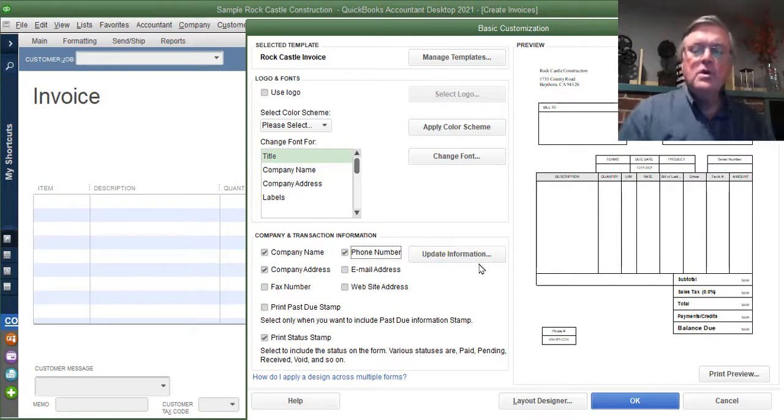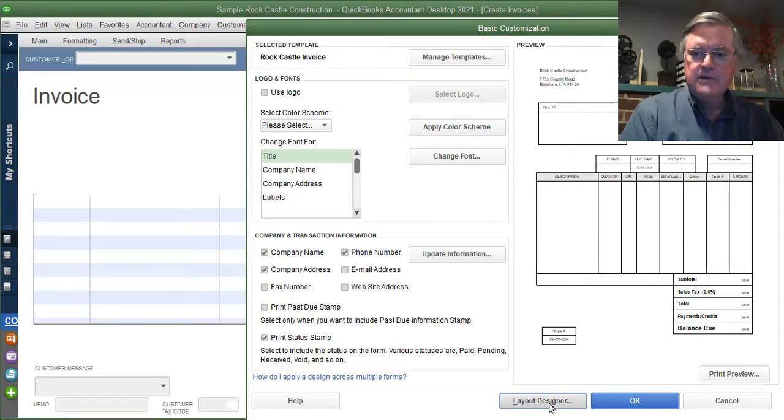All right. So what are we going to do about this phone number that's sitting at the bottom of this invoice form? Clearly, we don't want it to look like that. Well, that's where Layout Designer comes into play. So I'm going to click on Layout Designer,